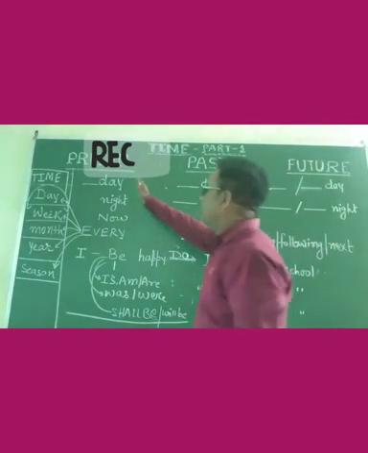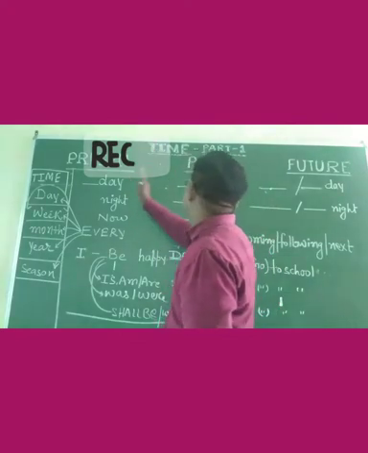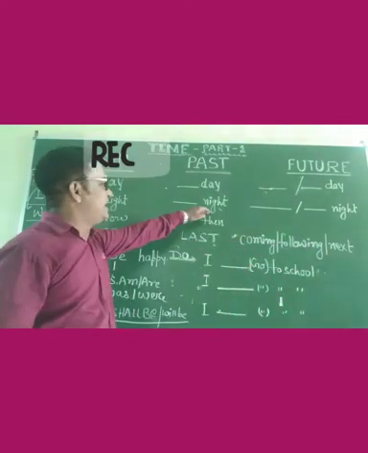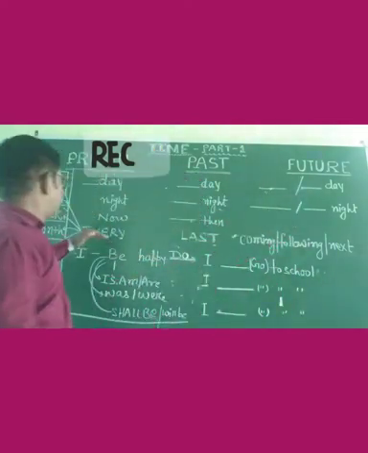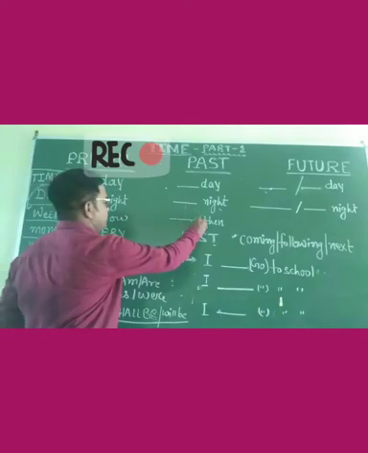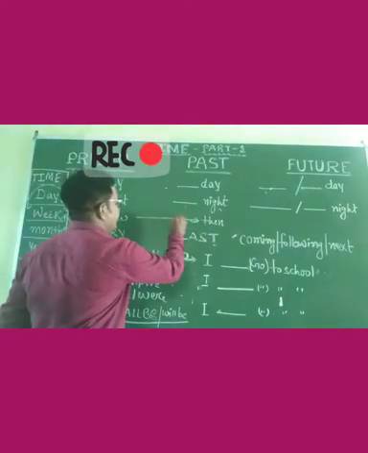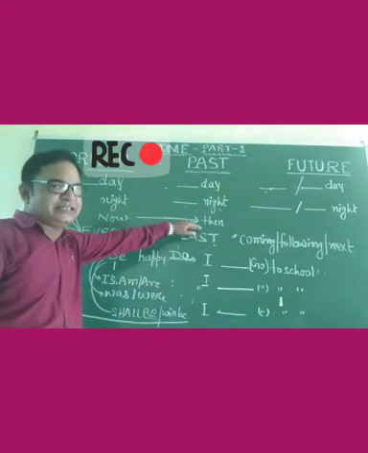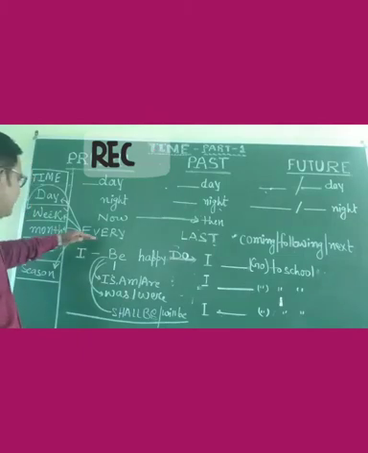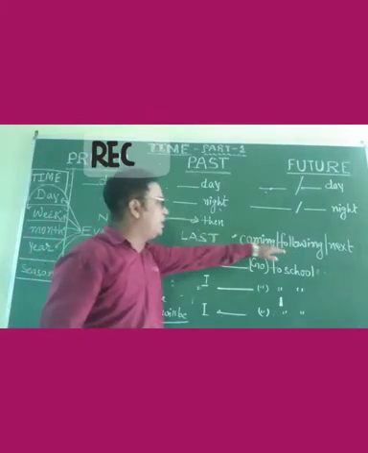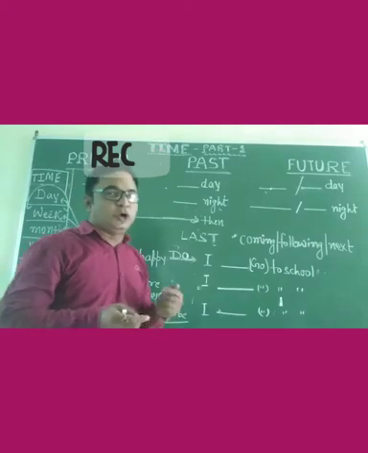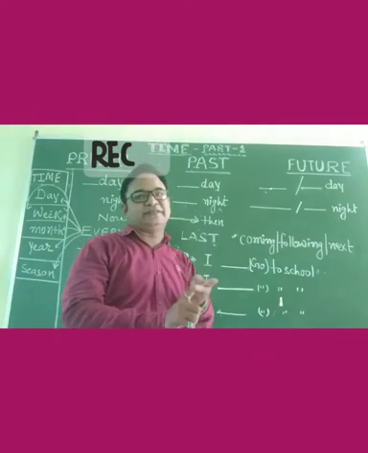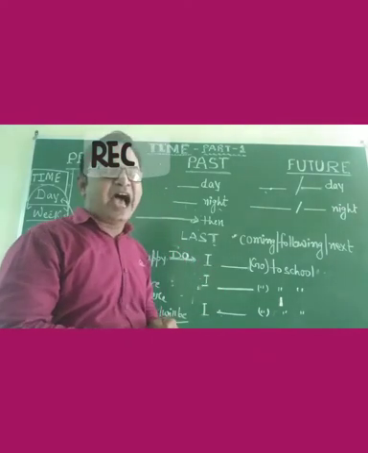As you have to fill some blanks over here, day is there, again day, night is there, again night. Then you are watching now is going to be converted into then. Now is going to be converted into what? Then. If now is in present tense, in past it will turn into then. Again, every is there, last is there, coming, following or next is there. So, how a particular day turns into past and future, let's have a look.